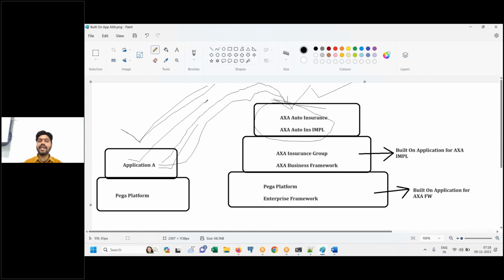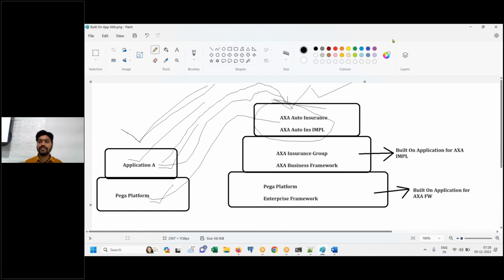Log into application A. For this one, you would be seeing the Pega platform as the built-on application. Remove it. Choose AXA auto insurance in place of Pega platform. Save it. That's it. Just the idea is important here. Whether you understand the concept, you understand the importance of knowing about the built-on application relation or not. That you know, that is pretty much it.